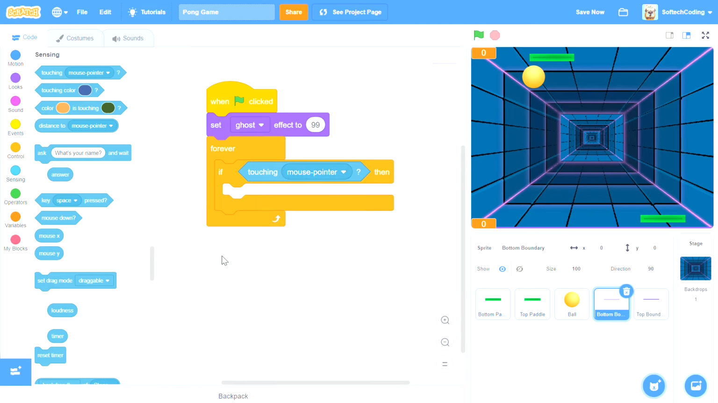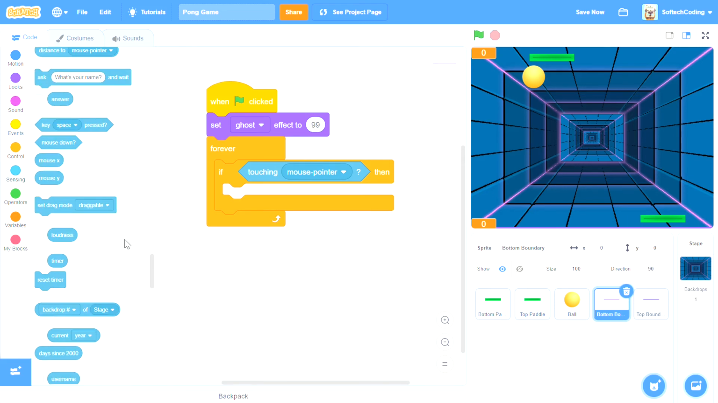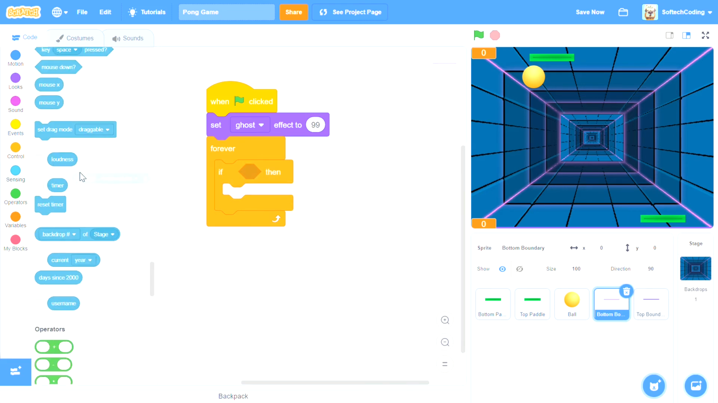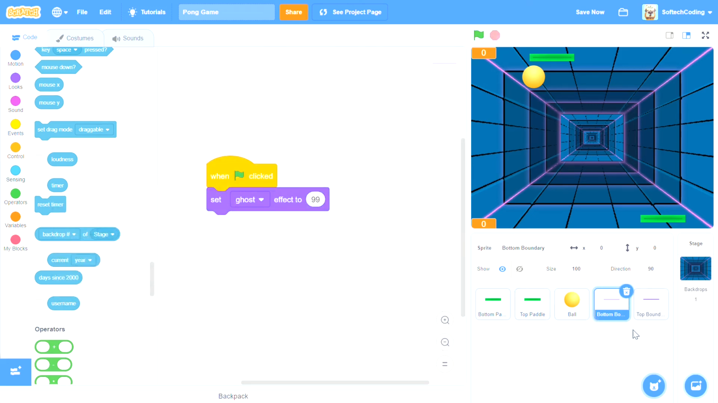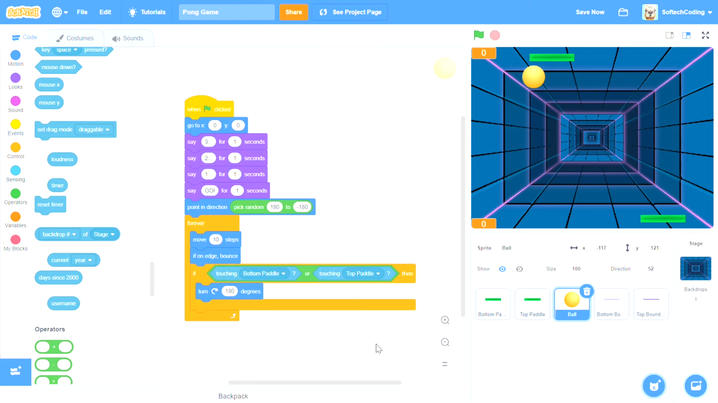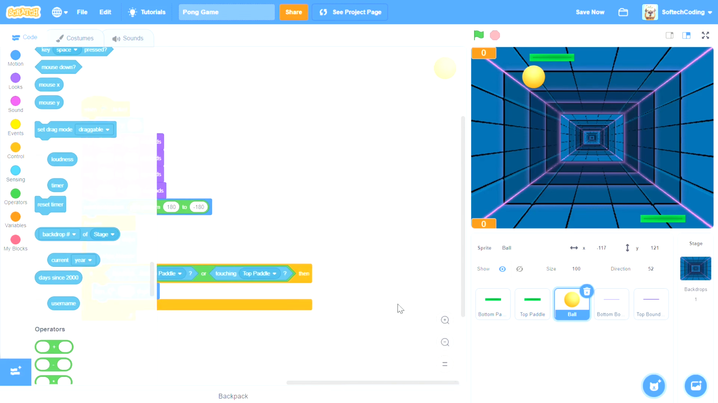Oh, since we're on bottom boundary, I don't think it's going to show. So then we can just take this code to click on it. Okay, wait, we just don't need this part. So since we're on bottom boundary, it's not going to show. So that's why we need to put this code in the ball. All right, so